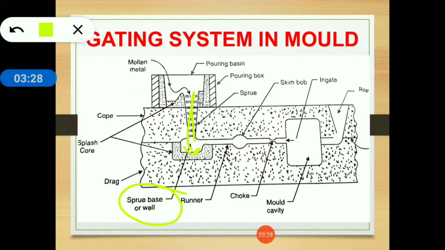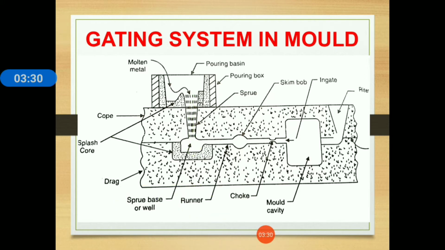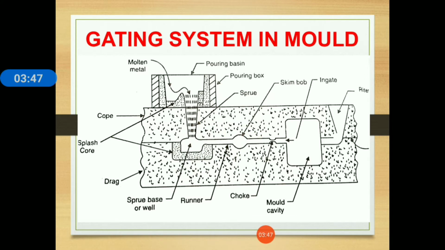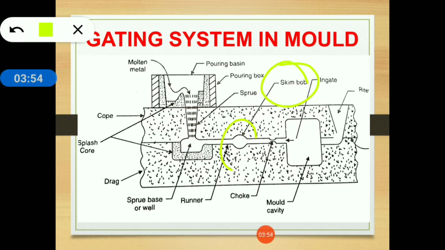Next one is the runner. The runner is a channel through which your molten metal can transfer from the sprue base or well to the next part, that is the skim bob. So, the runner is a channel through which molten metal can pass from one place to another. What is a skim bob? The skim bob is an enlargement or a very large arrangement in between the runner